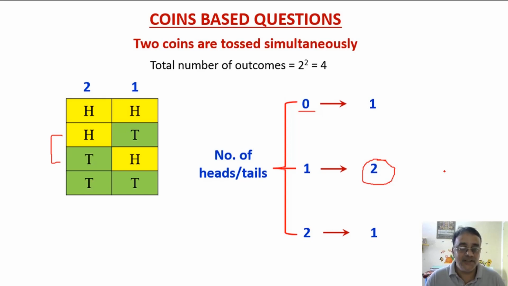Okay, now what is the probability of getting all tails? 1 by 4. Right, very good. What is the probability of getting 0 tail? 1 by 4, right. What is the probability of getting, अब एक मिनट मैं बता रहा हूँ, यहाँ पे जो क्वेश्चन जो आते हैं